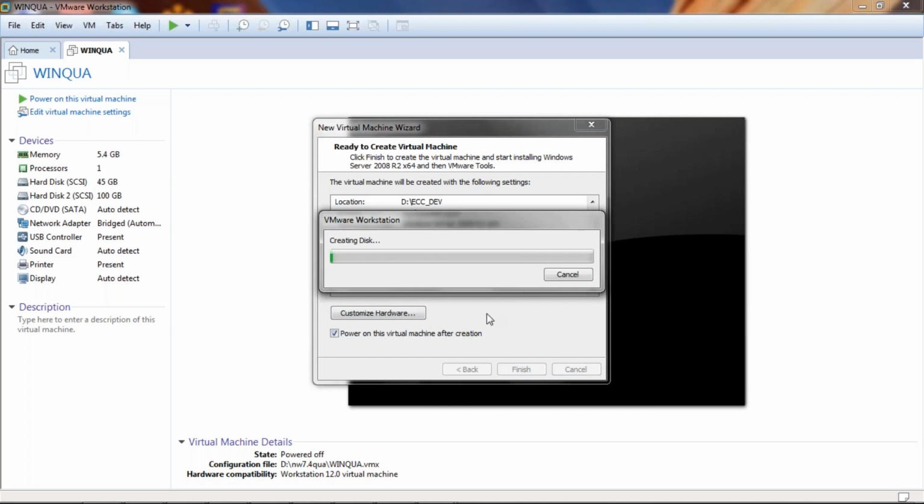See, first you create the disk, then it will start the installation automatically. You have to choose everything very carefully during installation. After installation, we have to do some post steps. So I'll show you the post steps. Just write them down properly somewhere. Those are must-have things in a Windows environment, like setting up a host name, setting up an IP address, setting up a loopback adapter, and disabling the firewall.